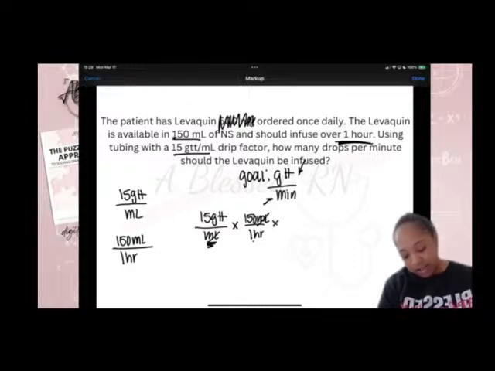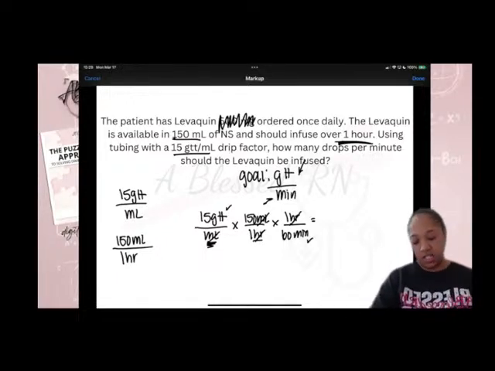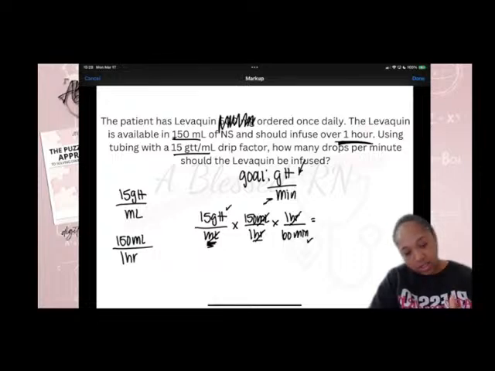I've got hour at the bottom. I need minutes. So I can convert 1 hour into 60 minutes. And it cancels out. Now I have drops on the top, minutes on the bottom. So we'll do 15 times 150 divided by 60. 37.5. So if we round it,